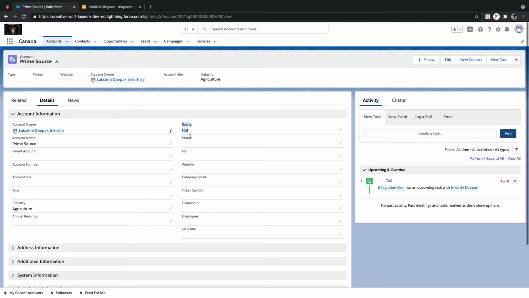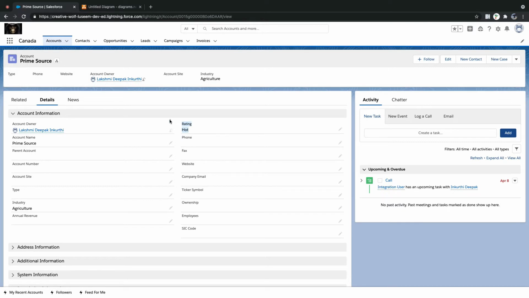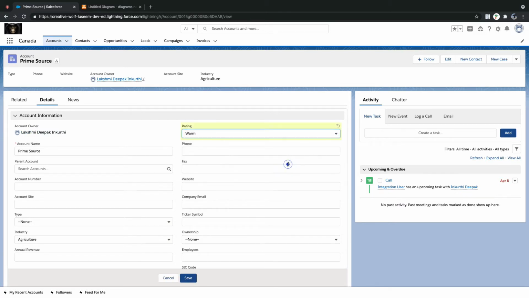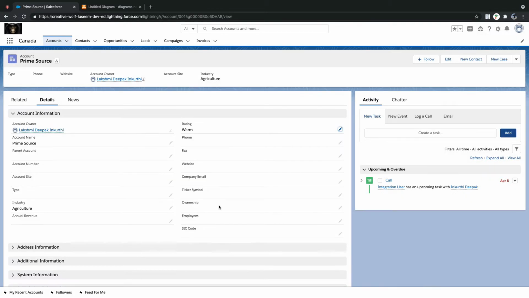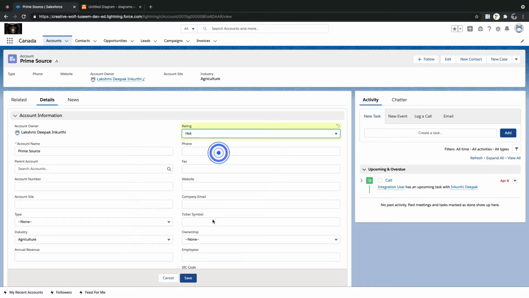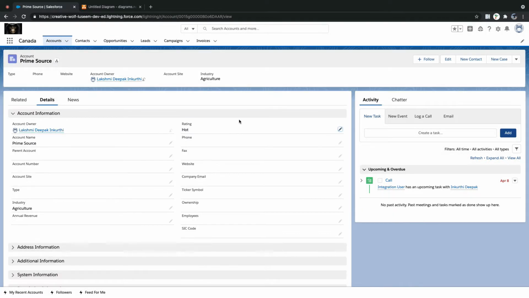Subsequently meet criteria means this will send whenever it becomes hot. If you change any other field, it will not send, because the condition is never false anymore; it's always true. If I change hot to warm and save it, it will not send. If I come back and update it to hot, then it will send. That is called subsequently meet criteria. With every time updated or created, if it is hot and I modify this record for any field, it will send the alert for the hot changes.